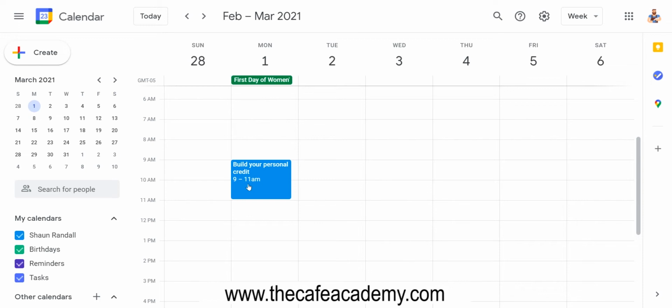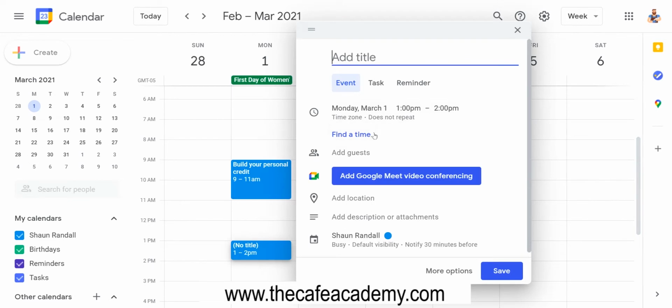So now, assuming that you're going to take a 2-hour break within this time frame, let's put something for 1 p.m., because we're going to make you start March very strong. So at 1 p.m., what are some productive things we can have you do at this time? Well, while working on your personal credit, we can also look towards building your business credit.